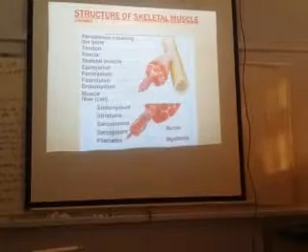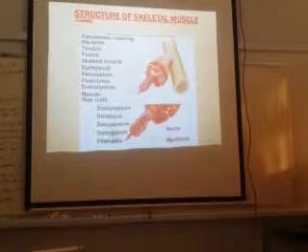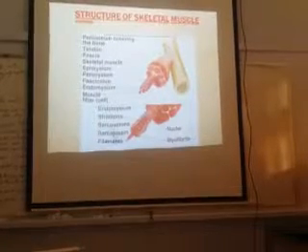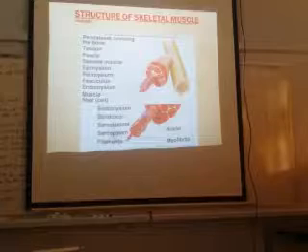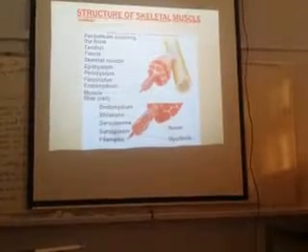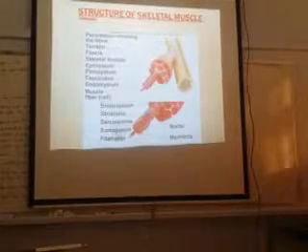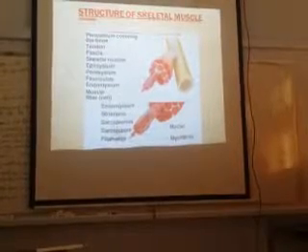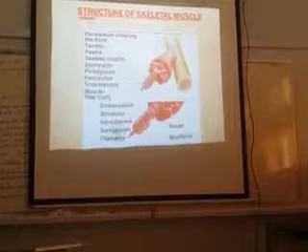This is the muscle fiber, this is the endomysium. You can see the sarcolemma. What is sarcolemma? Cell membrane, the plasma membrane of the skeletal muscle. And sarcoplasm, the cytoplasm of the muscle. These are the filaments.